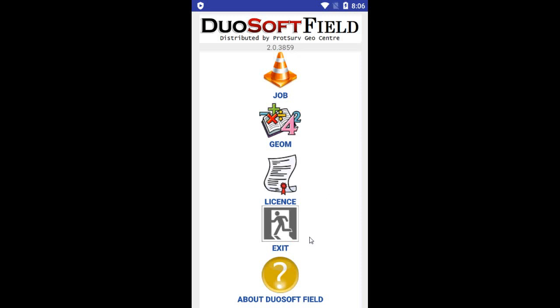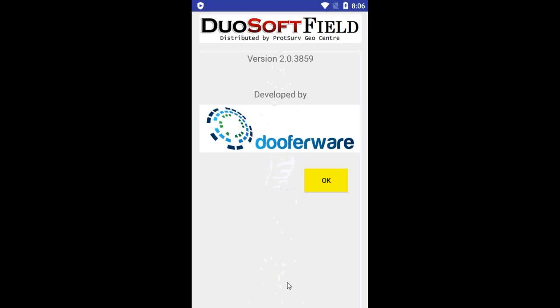Okay. On this main menu, you have a job menu, a geometry menu, a licensing menu, and this button, exit, just exits out of the app. And About DuoSoft Field gives some information on DuoSoft Field. So let's start with that. DuoSoft Field is distributed by ProtServe GeoCenter, and as you can see here, that's the version that I said earlier, and it is developed by DuoSoft. Okay,